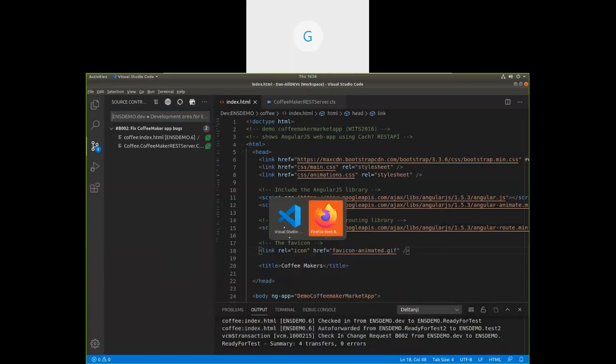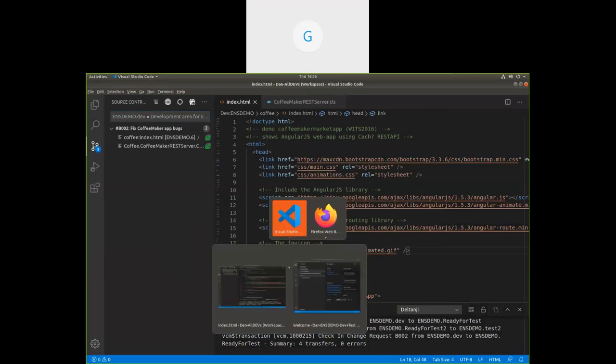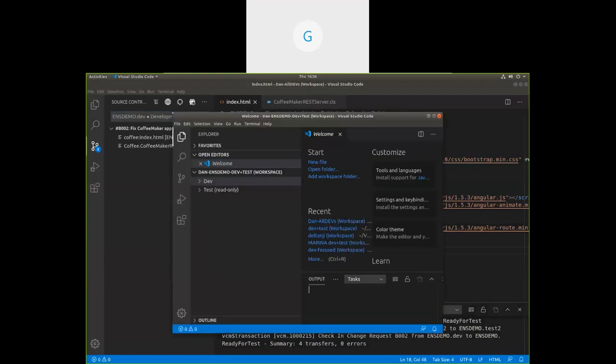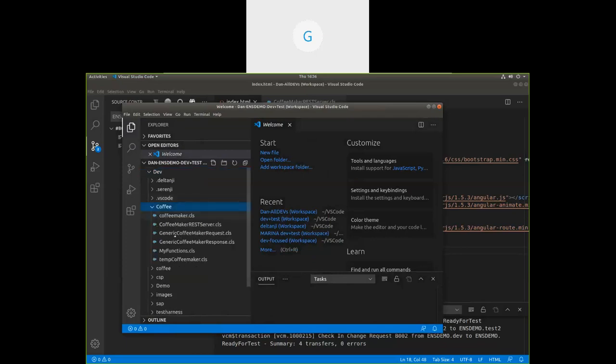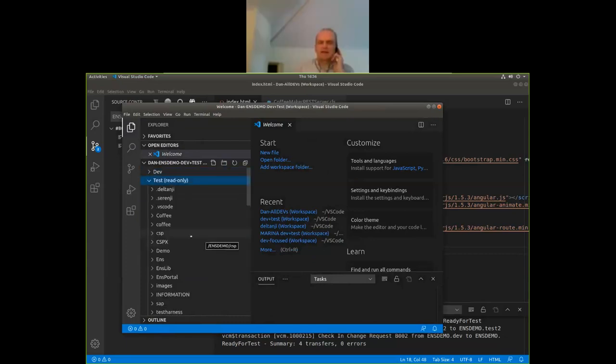This one. It gives him a view into his dev area where he did the work on the coffee maker class, and also where he's got his fav icon animated. But it also gives him a read-only view into the test area. Read-only because nobody's allowed to edit code in the test environment. The test environment is controlled, managed by the testers. But Dan is allowed to go and view code in there, and he can go and look in there, and